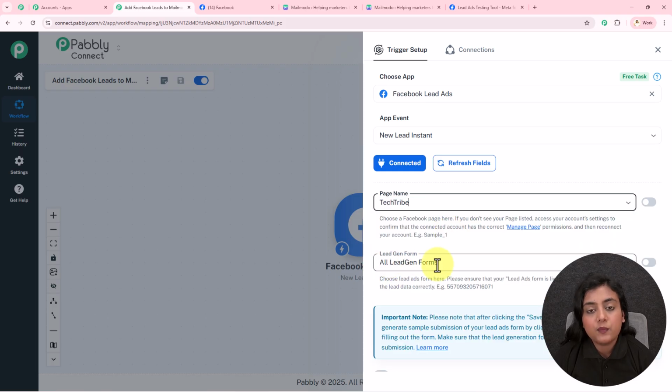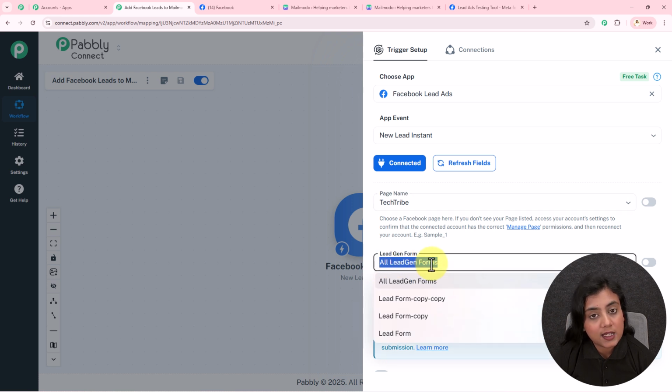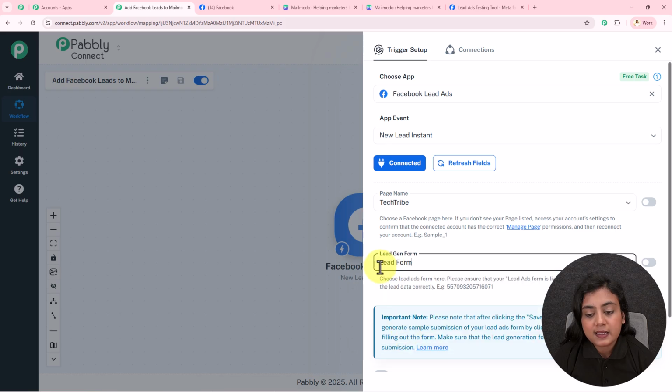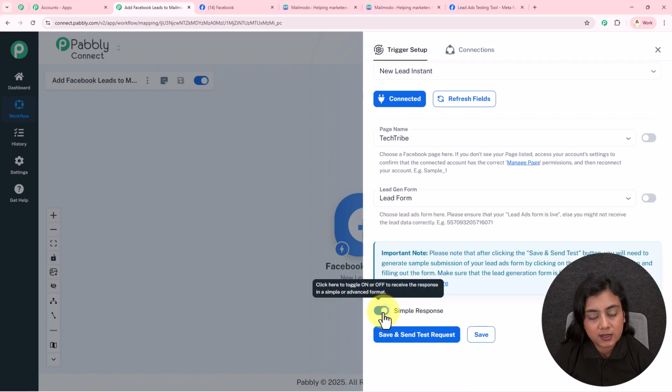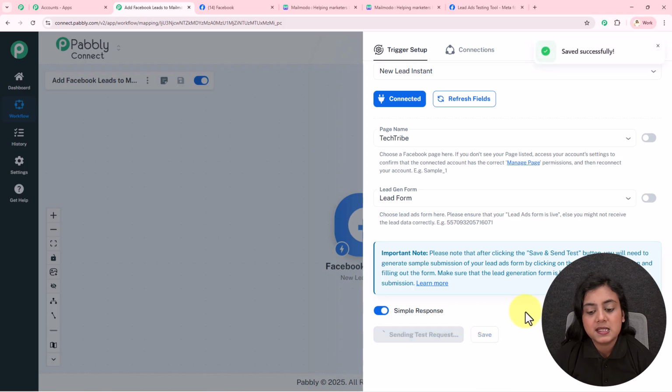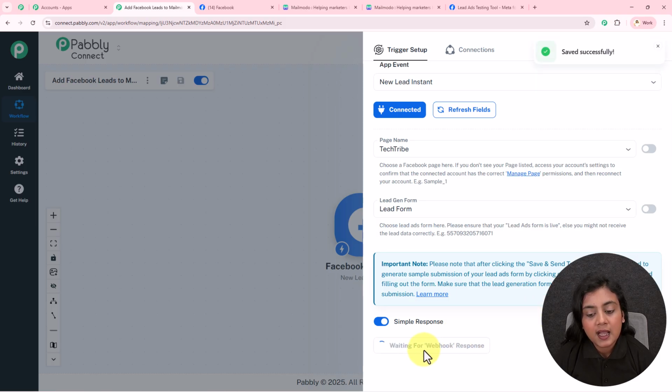For the lead gen form, we need to select the form with the help of which we are collecting our leads data. You can select all lead gen forms also, but I will select a specific one from the drop down. Okay, I want the simple response. I'll toggle this button on and simply click on this save and send test request button, and it says waiting